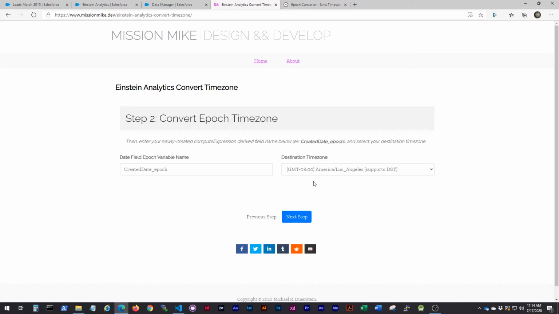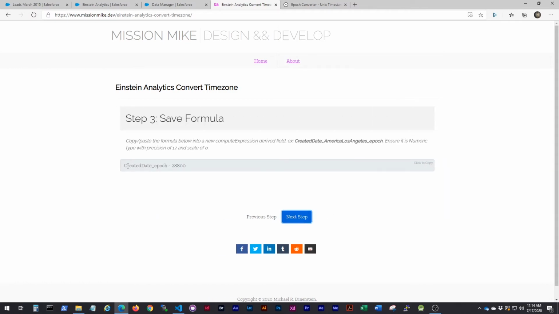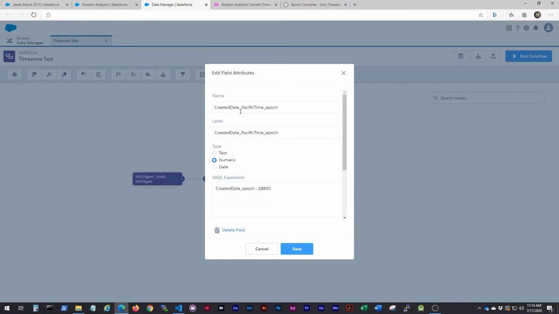So from here, we're going to choose Los Angeles. And the next step is to create this epoch. So create a date, Pacific time epoch, as is my case. And I'm going to be copying that function in here. Same thing. It's numeric, precision of 17, and a scale of 0. That just basically means it's not going to be a decimal. It's going to be a whole number. I'm going to save that. So I will copy this field name because I'm going to need that for my next step